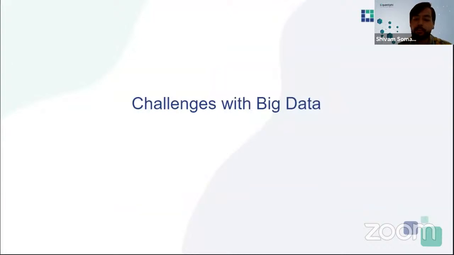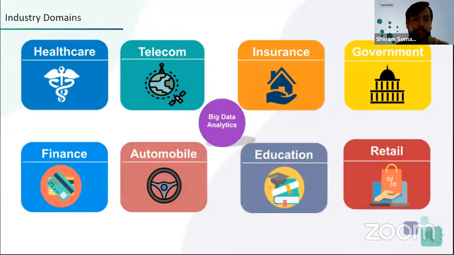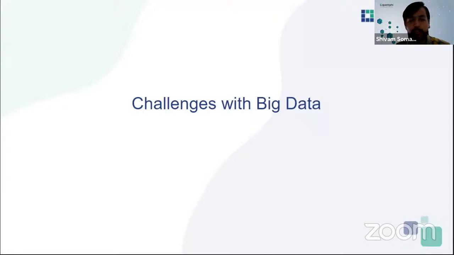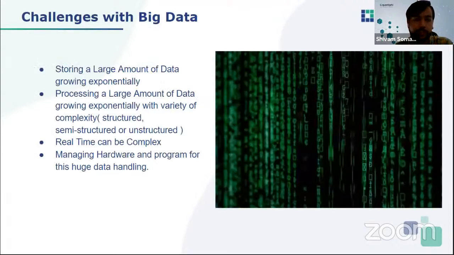So we talked about how big data is important in all the industries, how they are using it, and how they can provide more value with that analysis of big data. Now comes the challenges part of big data. As we can see, there are a lot of sources generating data, but how do you manage to perform any action or process or stream your data, or whatever you are doing?